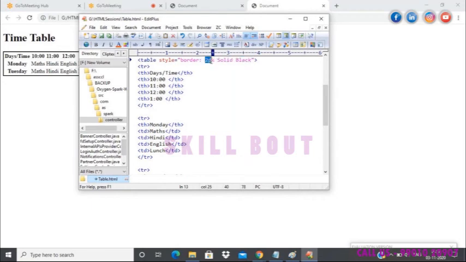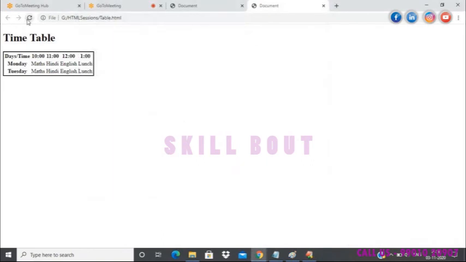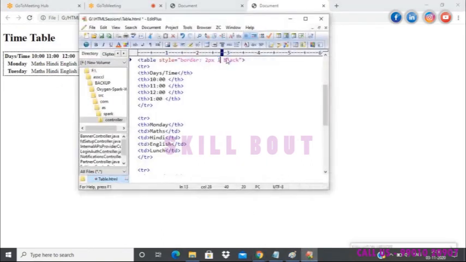See, 2px. 2px stands for the size of the particular border. Then solid is the format. We will have other formats also, like dotted. Okay, so we will see that. I will just use dotted here.